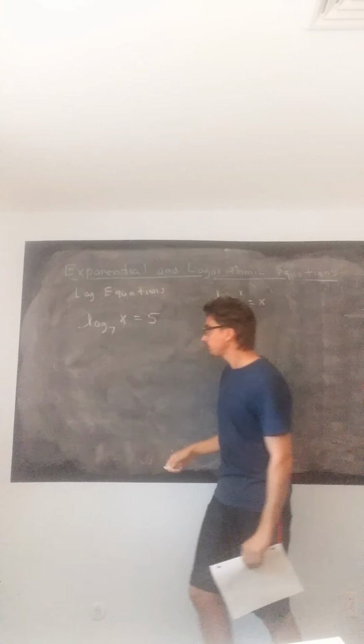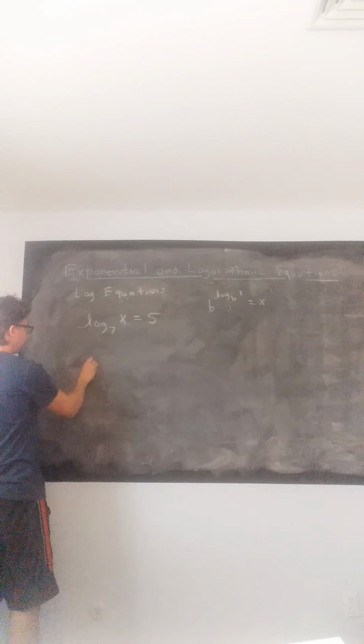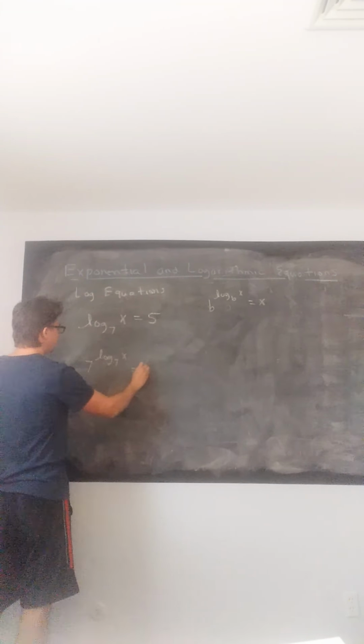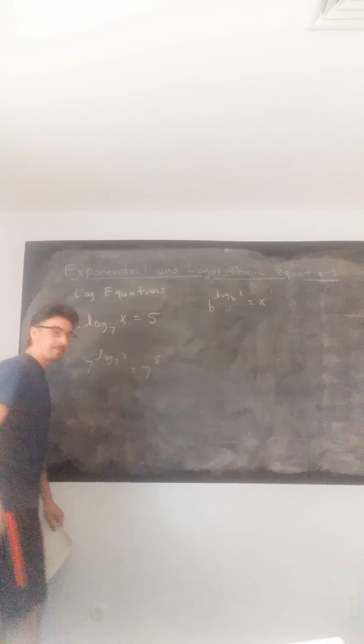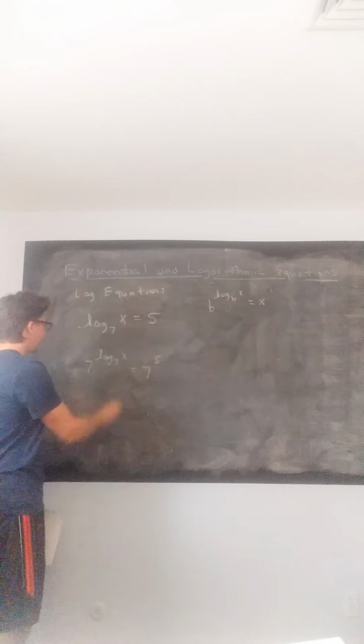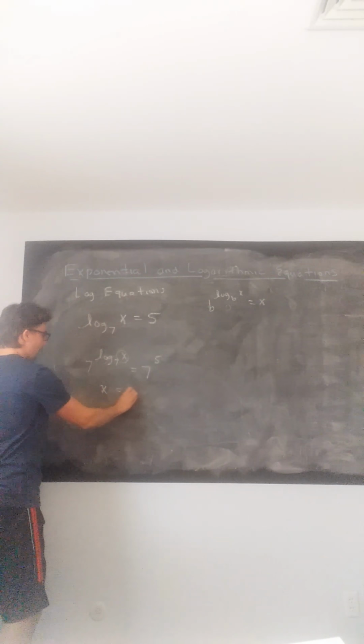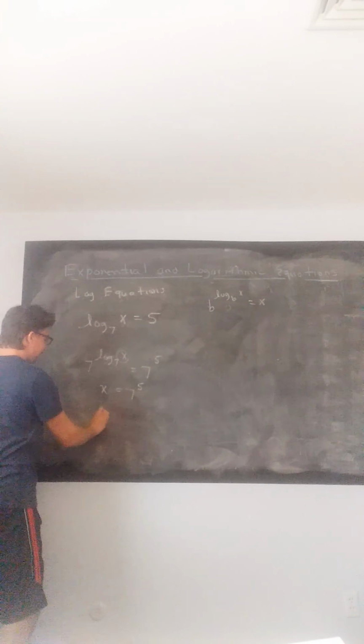So let's do that. So we have 7 to the log base 7 of x equals 7 to the 5. And when you do that, this gives you what's up here, which is the x. x equals 7 to the 5 power,